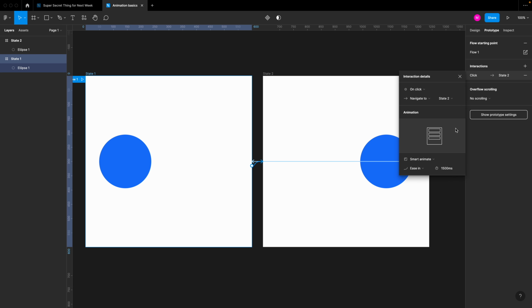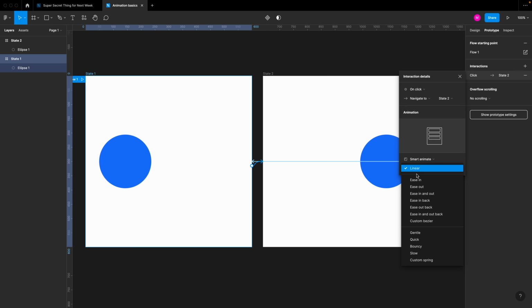Exactly. You can play around with more options here, like ease in and out, which basically means that it starts slow and then picks up speed towards the half of the animation and then slows down again, and so on. And then if you go with linear, it's going to be the most boring and unrealistic kind of animation that basically goes from point A to point B at the exact same speed all the time. Let's take a look at this for a second. Yeah, that's pretty boring. We're gonna talk about some other methods here a little bit later, but let's go with